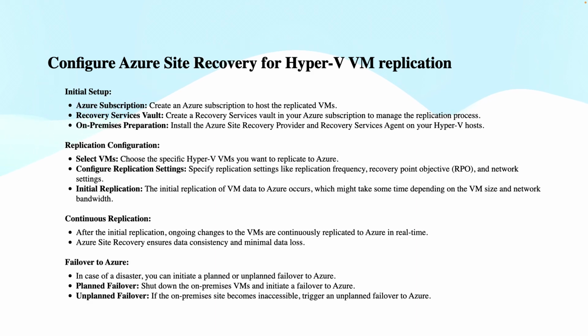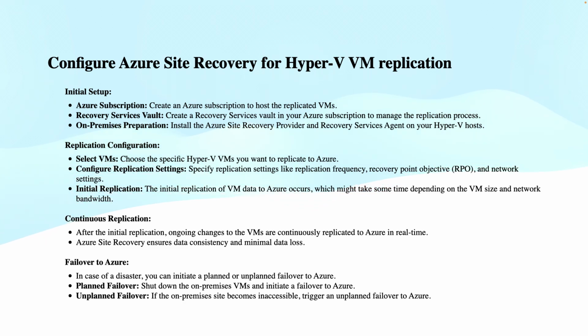On-premises preparation: we need to install the ASR provider, or you can say the agent, on the Hyper-V servers and the Recovery Services agent on the Hyper-V hosts. Replication configuration: in that we choose the virtual machines that we want to replicate to Azure. Configure the settings for the replication, like replication frequency, be it 5 minutes or 30 seconds, how frequently you want to start replication. Recovery point objectives, as per the RPO requirement, you can set them up, and the network settings and